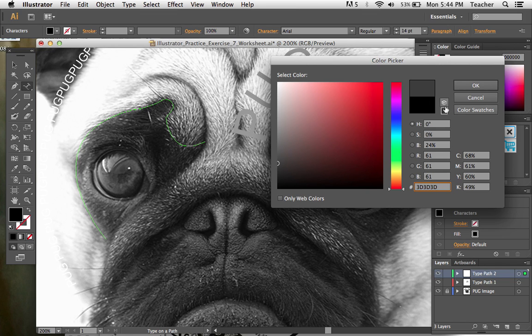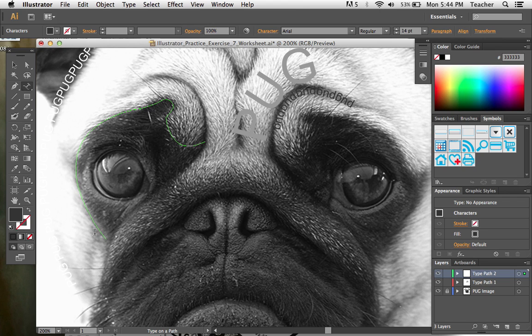Now you'll see over here this little box pops up. And what this means is that it's a web color. So this isn't true to what the web would look like, but this is the closest thing to it. So I always click on this because I'm making this image for the web. And hit OK. And when you're ready, you could either use the whole word pug, or you can use just